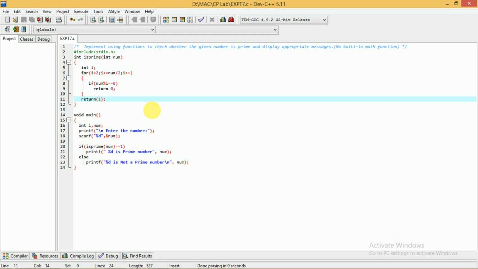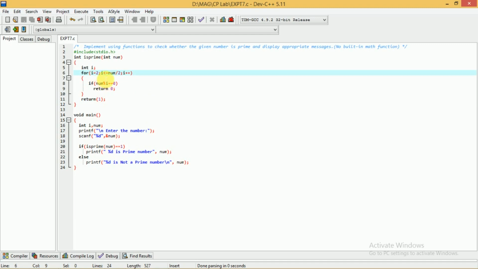For example, let us consider you want to check whether 9 is prime or not. If it is prime, we know that it is divisible by 1 and 9. That is true for all numbers. But to check whether it is prime or not, you have to check whether between 1 and 9 there is any number that can divide 9 equally. So that's why in this for loop we start the value of i at 2, because 1 can divide all the numbers, so we should not consider that.